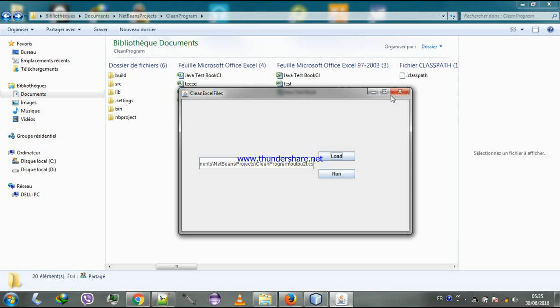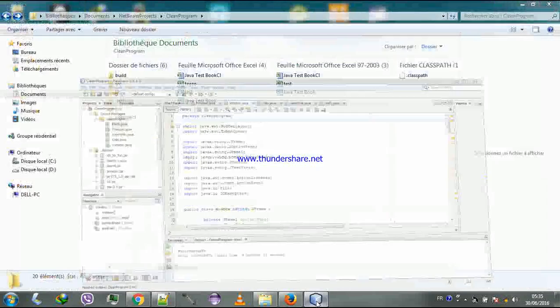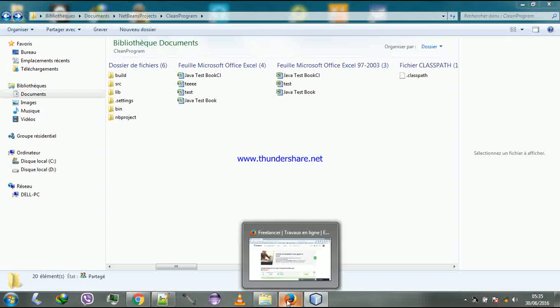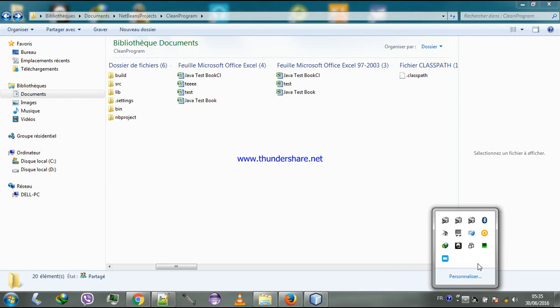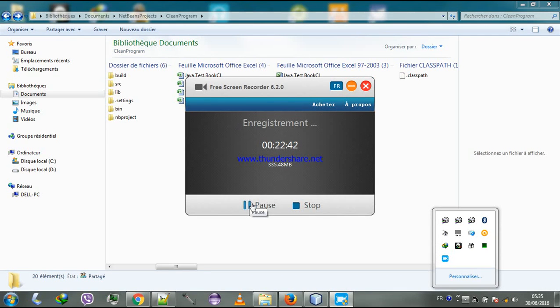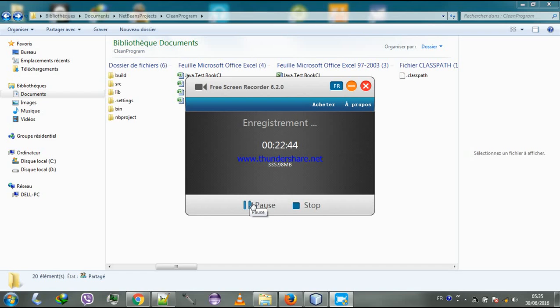If another one imports a file like this one and by error clicks on it in our program, we see that the file path is not